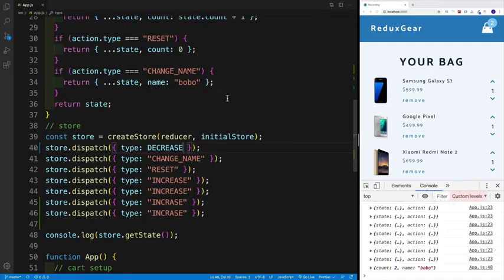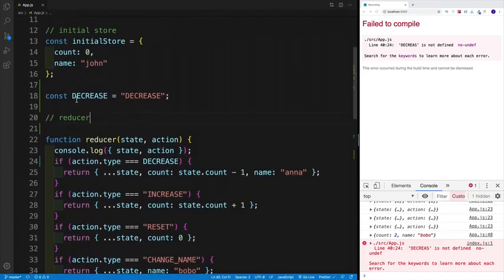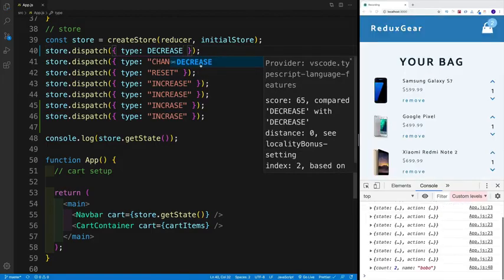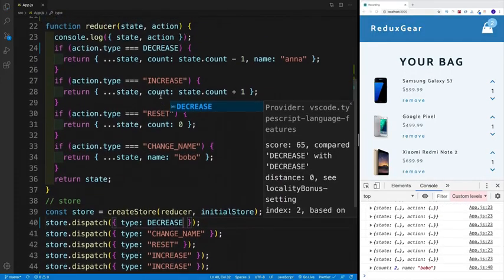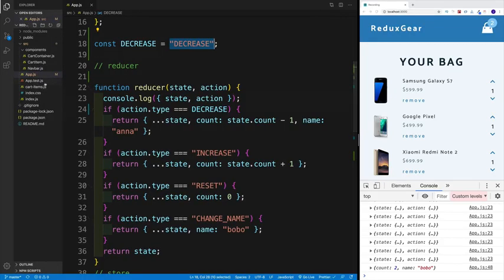And in this case, if I have a typo, I'm right away going to have a big fat error. For example, notice we have the error where it says, you know what, you haven't defined this variable. And of course, I haven't defined it because the name is DECREASE, not the one that I have here. So that's why it is a much better setup to have our actions as variables, and in those variables, we hold the value for our string. And then, since usually you have more than just one action, a common practice is setting up a separate file altogether. So where I have the source, I'm going to create a new file, and you guessed it, I'm going to call this